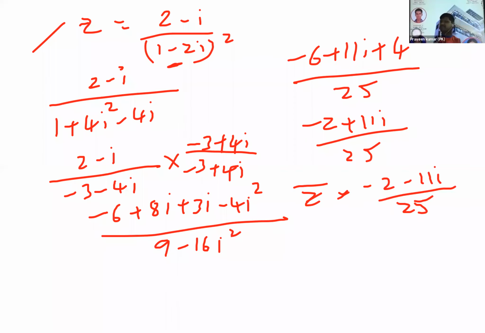So I repeat once again what I did. Very simple. In the given question, the denominator is in the form of (a minus b) whole square. What is (a minus b) whole square? a square plus b square minus 2ab, formula applied. After that, I rationalized the denominator. Why? Because the answer should always be in the form a plus ib or a minus ib. So now I converted into a plus ib. So we want z bar, minus 2 minus 11i by 25. Understand? Copy it.